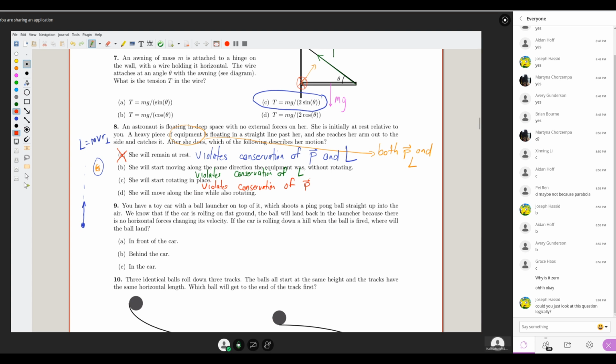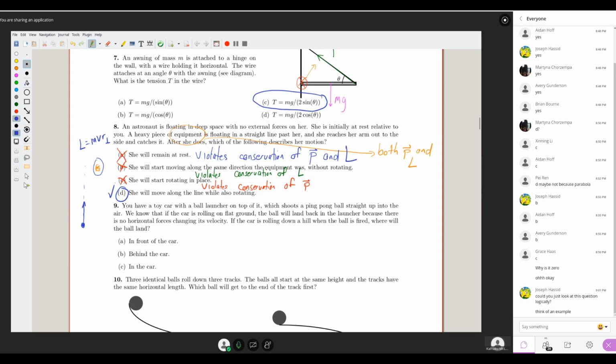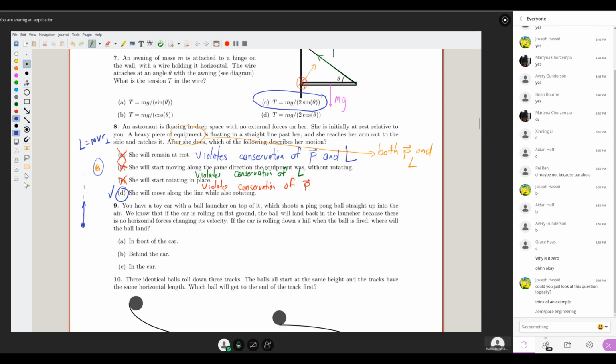So Joseph, what do you mean by look at it logically? You probably can, whatever approach you're thinking of, but I'd like to know that approach. Yes. So Joseph, what you're doing is very, very good. Joseph, can I ask your major? I'm asking your major to connect to something. Yeah, aerospace engineering. So what you have just done is you have said, I've built up this intuition about how